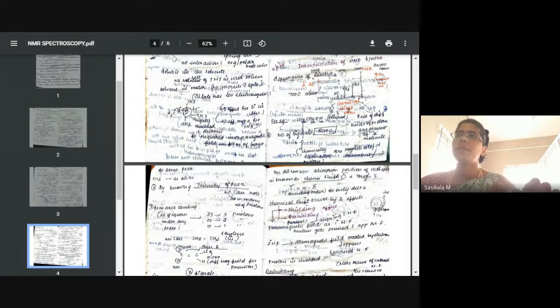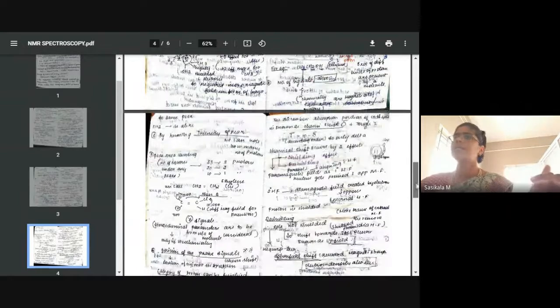So the intensity of the peak and peak area counting will tell us how many protons of the same kind are present. If the intensity is more, we can assume that more protons are there. If the intensity is less, we may expect 1 or 2 protons. And then that can be confirmed from peak area counting. How many squares under the peak are counted, and then we can finalize how many protons are present.